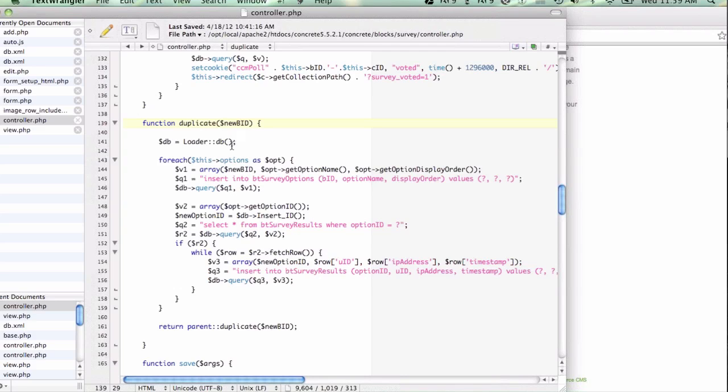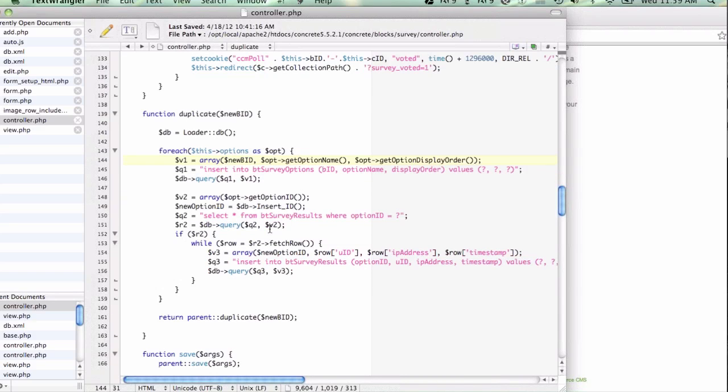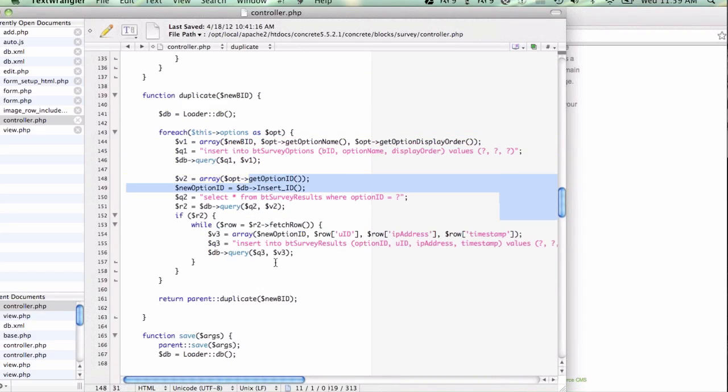So you can see here, whenever this duplicate method runs, we get our current options, and we insert duplicated versions of those options into the BT survey options table with the new block ID. Same way with the BT survey results. And that means if you don't implement this, what you might find, if we were to forget to implement duplicate,